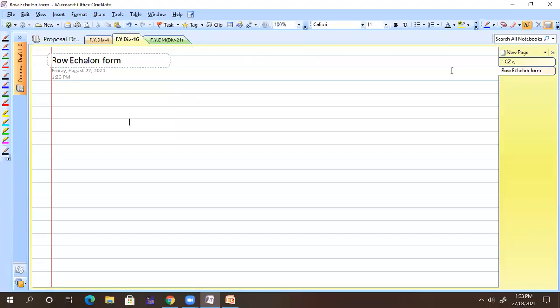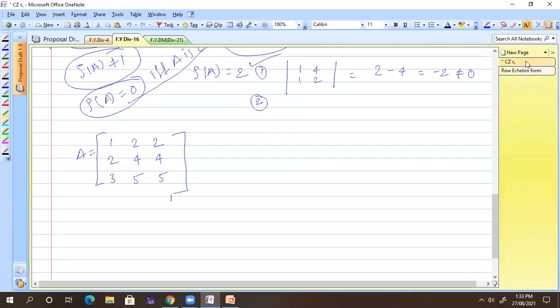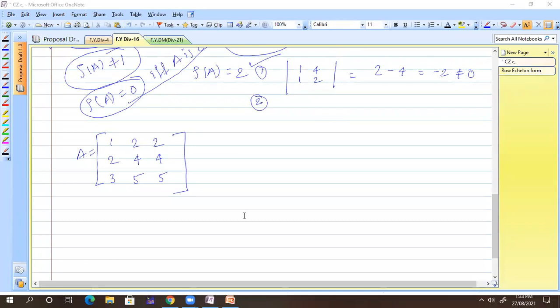So in the previous lectures, we have seen what is meant by rank. Am I correct? Yes, sir. So this is the example I have given. What is the rank of that particular matrix? Someone is saying 3, someone is saying 2. So we have different answers. Rank of matrix, someone is saying it is 3, someone is saying it is 2.